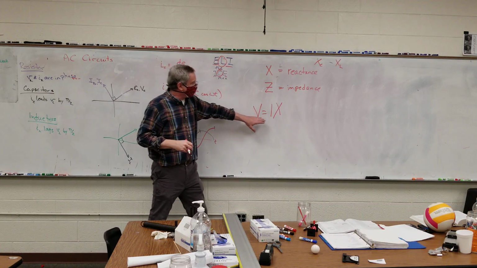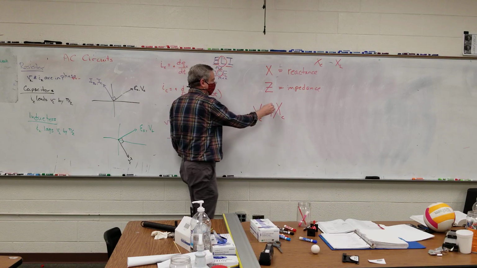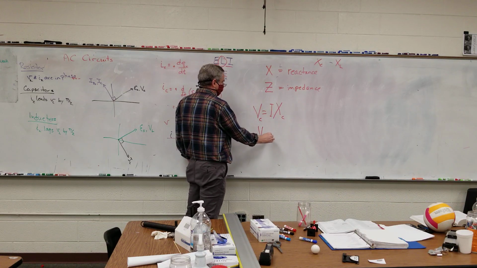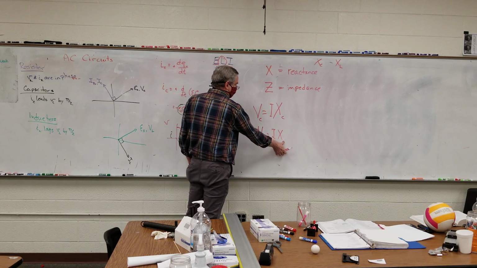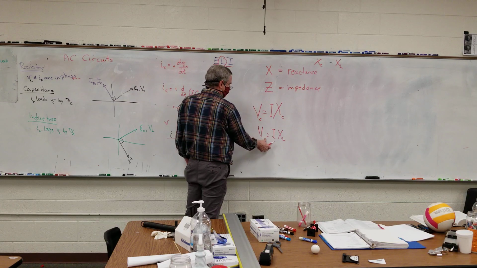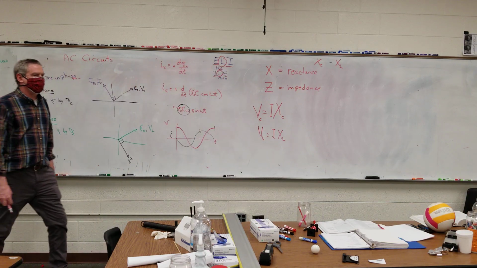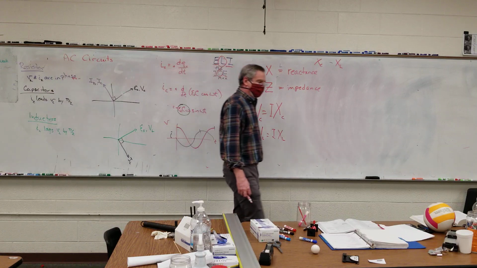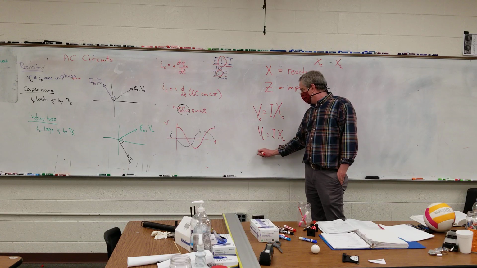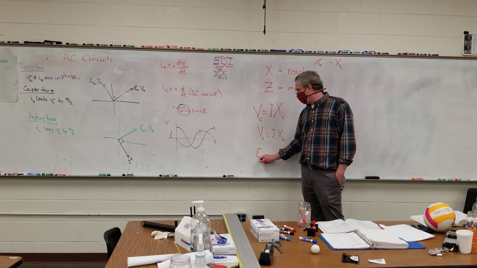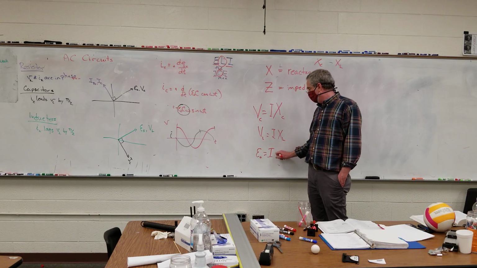V equals IX, so this would be V sub C is equal to I X sub C. And V sub L, shockingly, is going to be I X sub L. And I should try and make the L's look less like C's. Impedance is for the entire circuit. And so epsilon sub naught, in other words, the amplitude of the power supply, is equal to I times